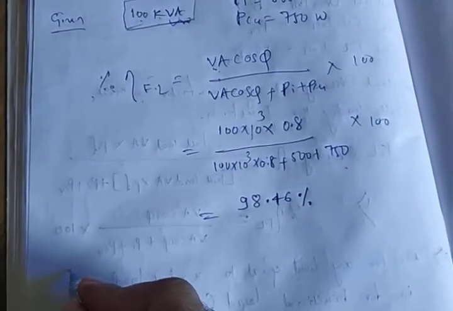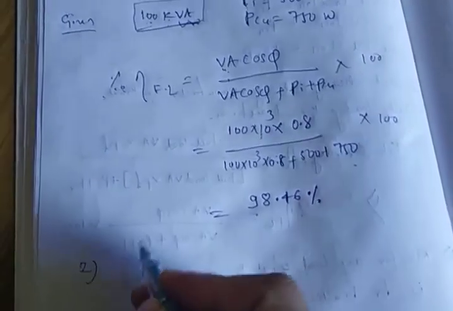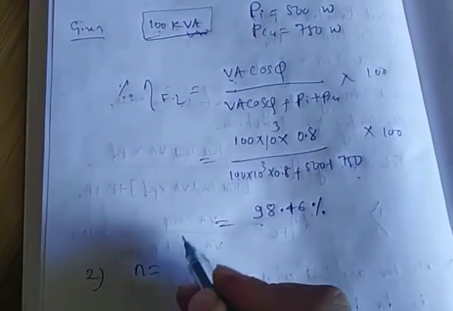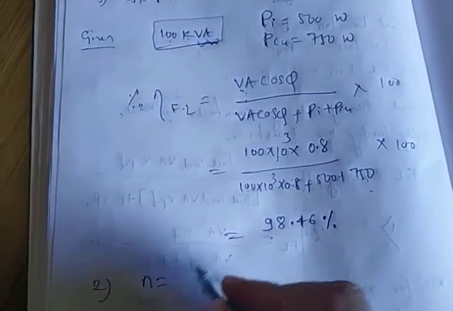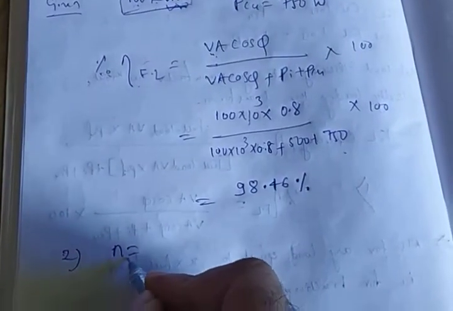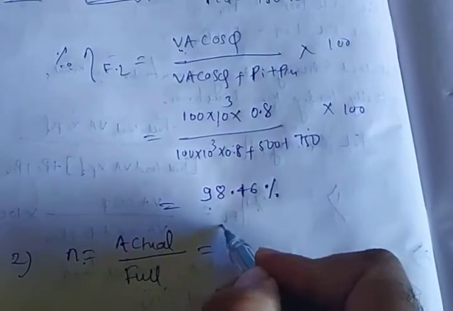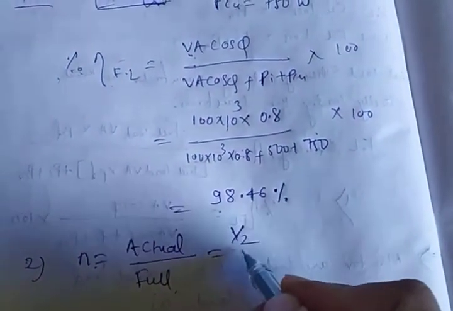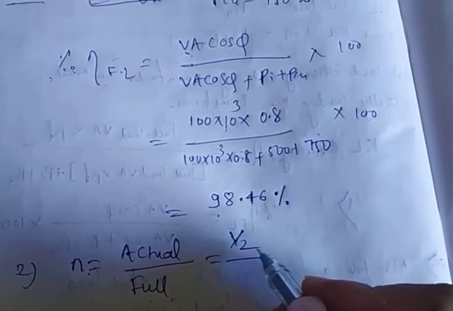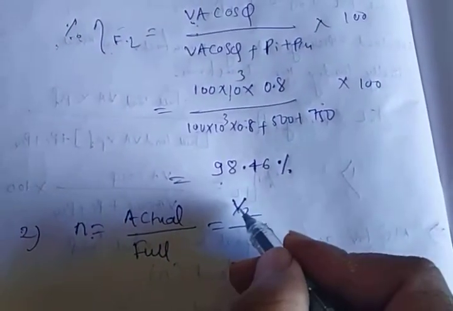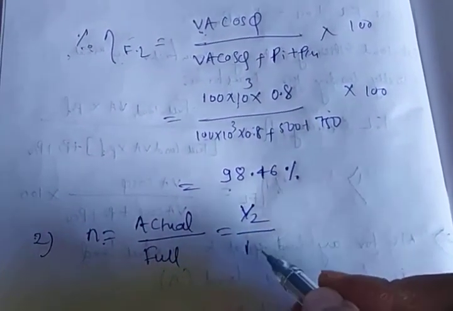So remember students, half load means it is not the full load condition, so in this case you have to take other than full load, whatever the load will be given in the question, that you can take as a fractional load, that is N. The formula for N is actual load by full load. Actual load means what? It is a half load. You can take it as 1/2, or 0.5, or 50, whatever. 1/2 divided by full means it is always 1.